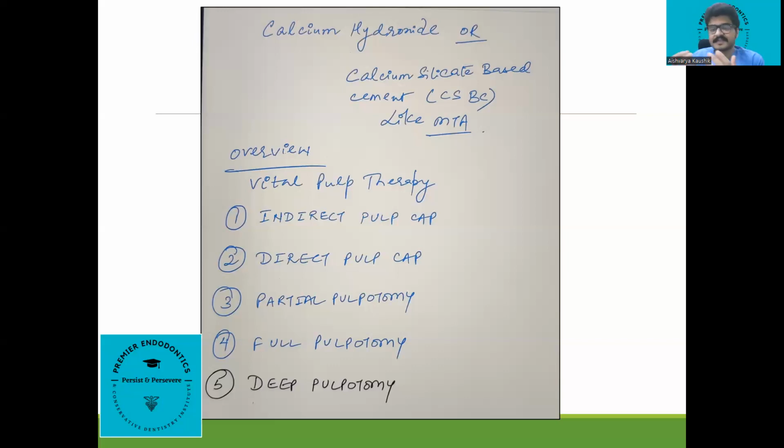So before discussing this material of choice, let us just have a brief overview of what all we've discussed till now in vital pulp therapy procedures. As you can see on the slide here, the various vital pulp therapy procedures are primarily 5 types. You have your indirect pulp cap, then direct pulp cap, then partial pulpotomy, full pulpotomy, and deep pulpotomy. Now, friends, this is basically nothing but sequentially going deeper inside and exploring and trying to reach the correct plane,